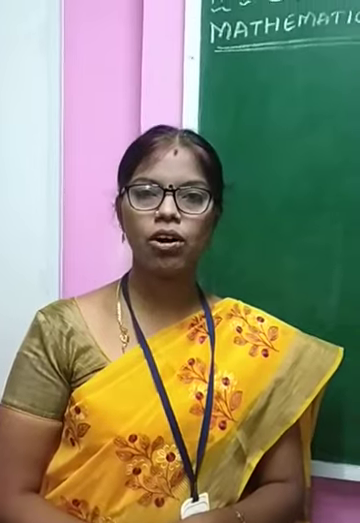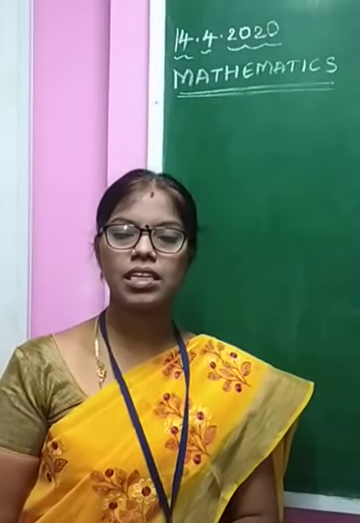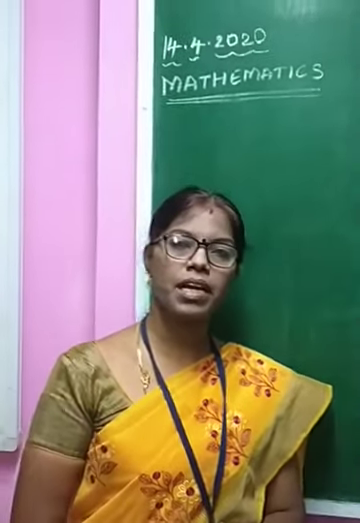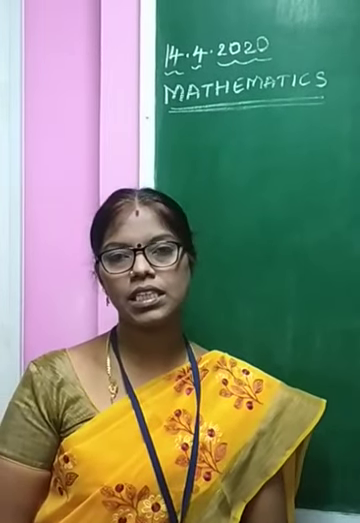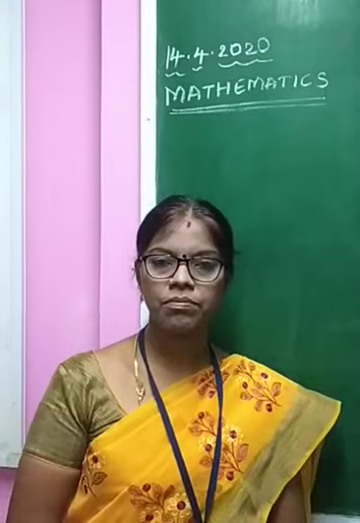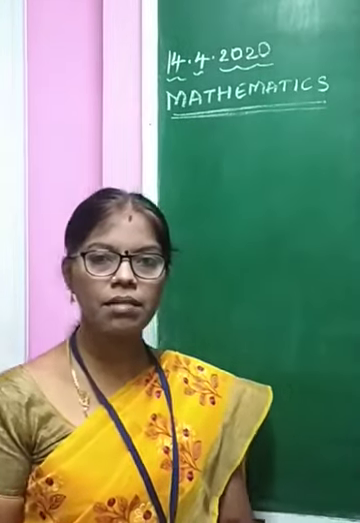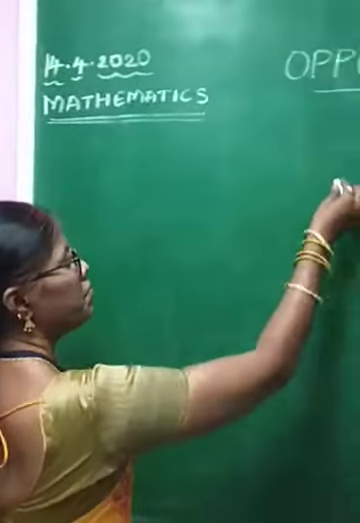Yesterday we had seen the real numbers and rational numbers. So today once again we'll recall about rational numbers. Rational numbers are those numbers which can be expressed in the form of p by q, where p and q are integers and q is not equal to 0. In another form, rational numbers are nothing but